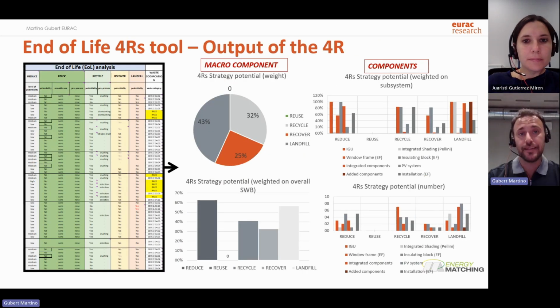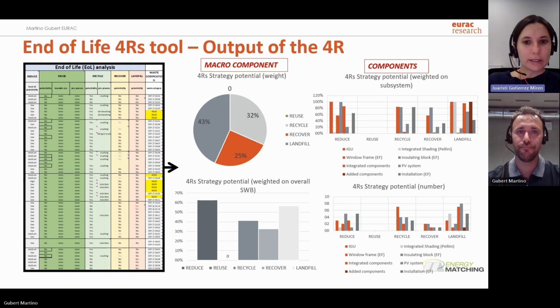And then regarding the circularity aspect, in the end of life tool we focus on the 4R strategies potential. So we assess the potential of reduce, reuse, recycle, recover, or the disposal part of every component. Besides this, we also have the waste codification.